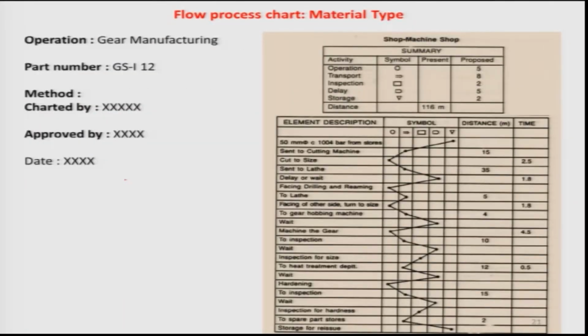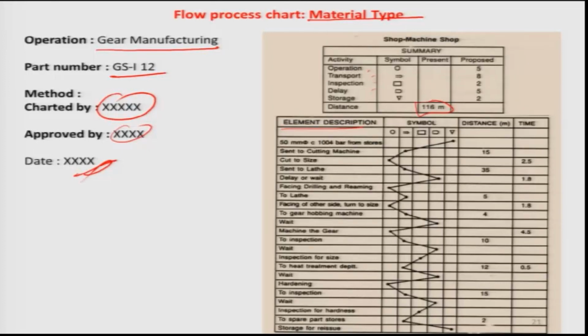Here, the material type, for the operation of gear manufacturing, with a part number, method charted by someone, approved by someone, and a date. Okay, here you can see in this example: shop, machine, shop. Here are the operation, transport, inspection, delay, and storage, and the distance is counted as 116 meters, and each has been assigned some coding. Okay, since it is a material type chart, you can see the element description for gear